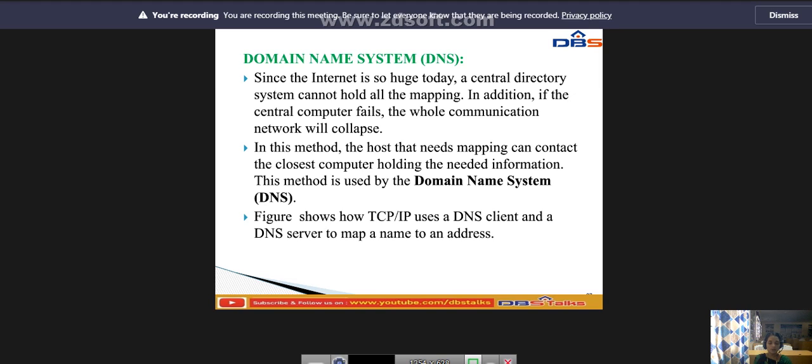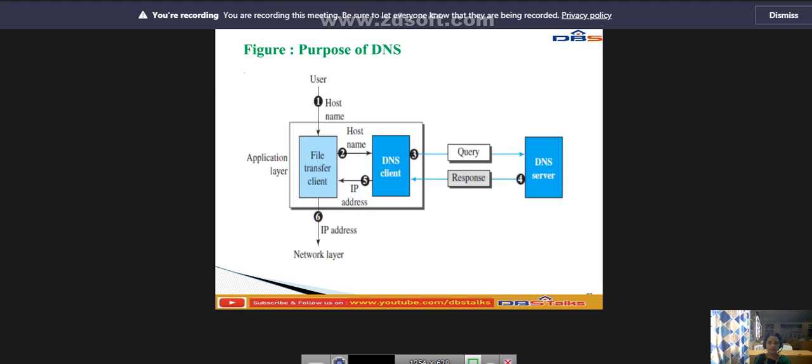So this is the diagram, and this is the purpose of DNS. TCP/IP uses the DNS server to map the name to the address.